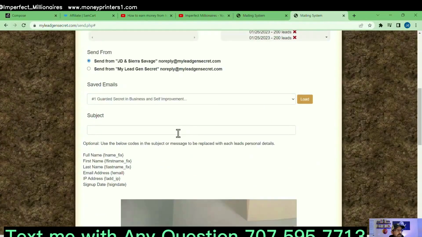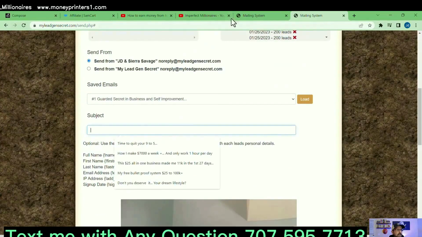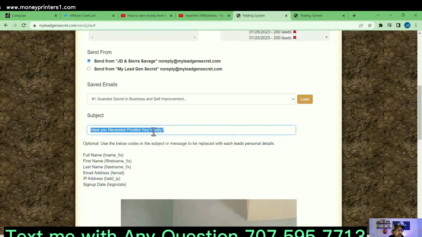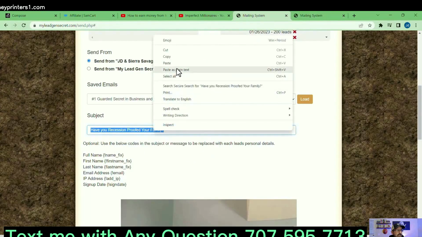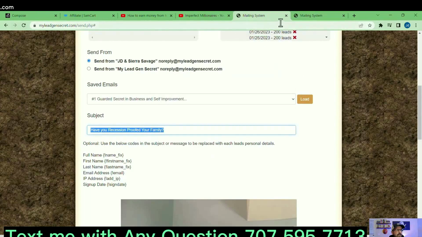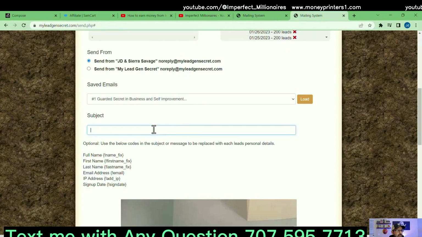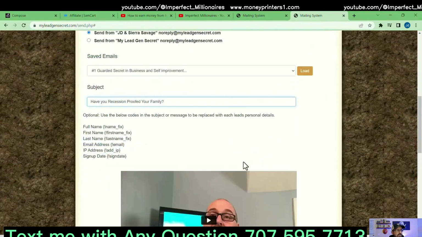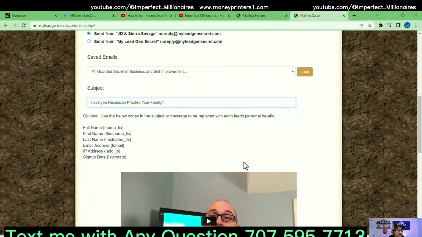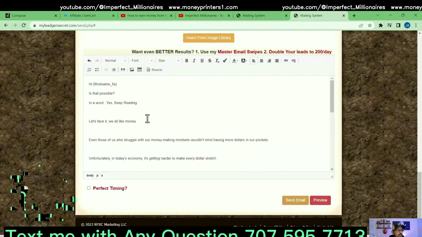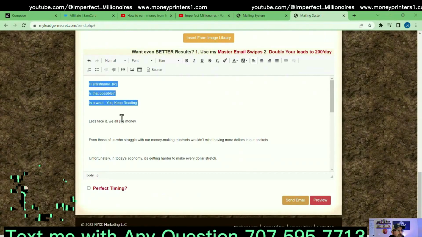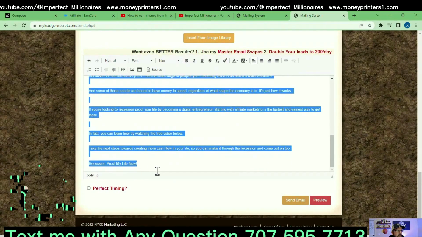You're going to scroll back up here. You're going to click on that. You're going to go back over here to your first one. You're going to copy what you've left sitting there. You're going to come back over here. You're going to right click it, and you're going to paste it. And that is what you do all the way through until your last account. And you come back down here, you highlight all of it.